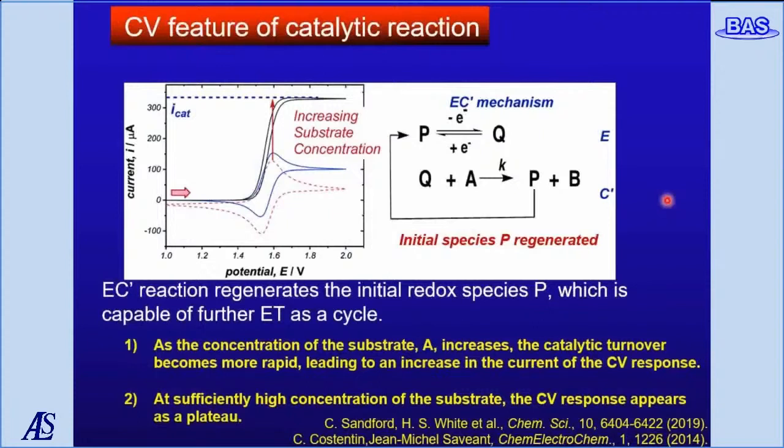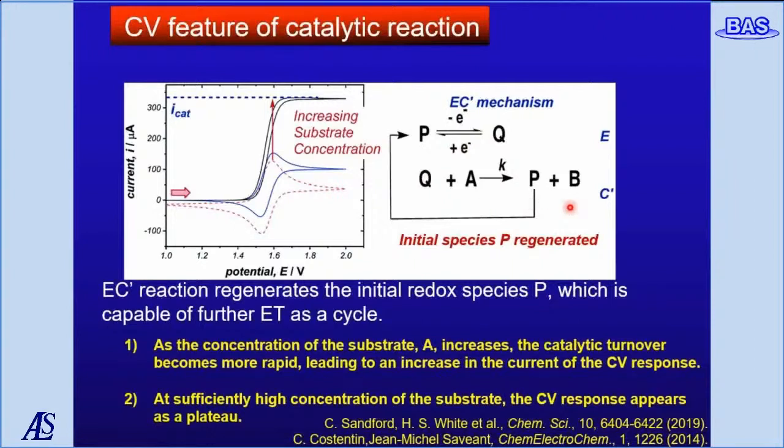As seen in the previous example, the CV feature of the electrocatalyst is that when A is added to the solution of redox pair PQ, the reductant Q reacts with A to form B. At the same time, P is regenerated, and the PQ pair acts as the electron mediators on the electrode surface, catalyzing a reaction that eventually turns A